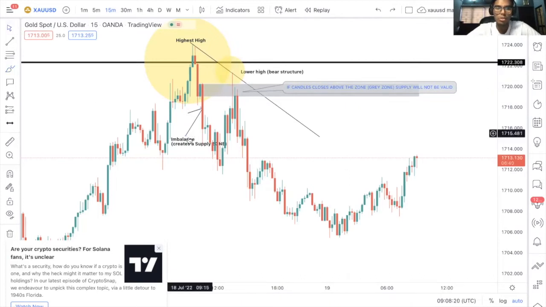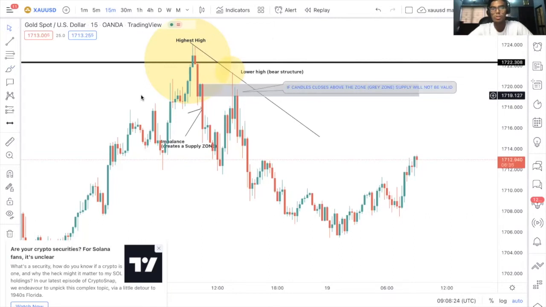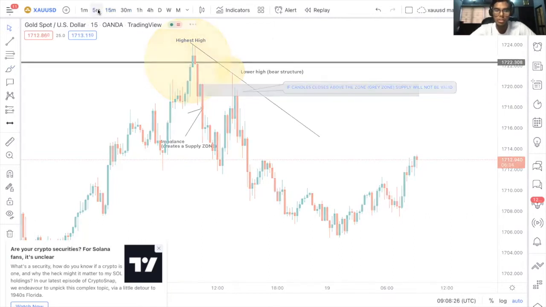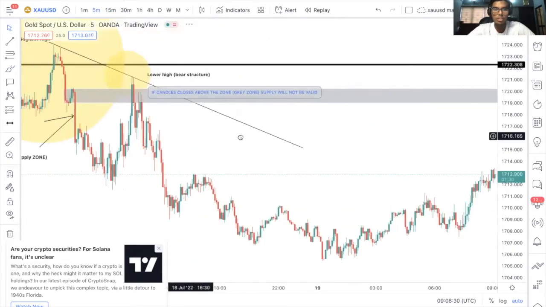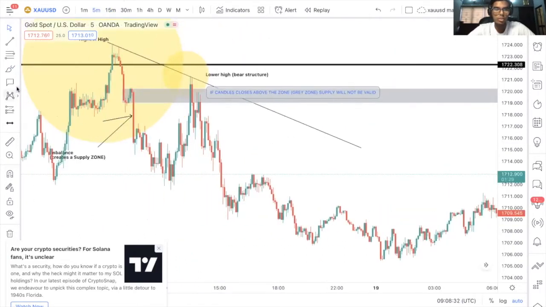So what I did was I looked out for wicks. As you know, wicks is where I get my entries on. So I dropped to the M5 and I've noticed that, okay, so this was the first push up, and then